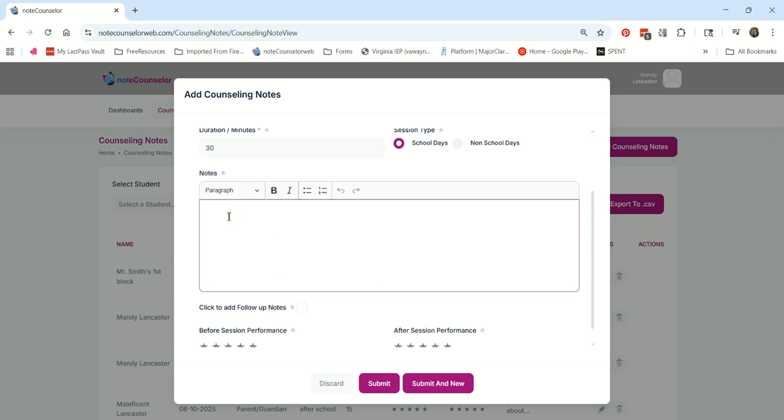This section here is where you would actually put the gist of your notes. So this is the part where you're using this as a memory aid or to help you keep track of how your services went with that student. This is the part where you're putting down stuff that you might need to see later for your own self, things that you don't want in the student's record. So I might say,